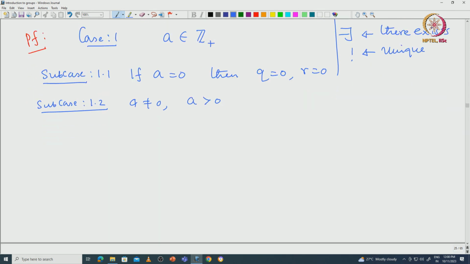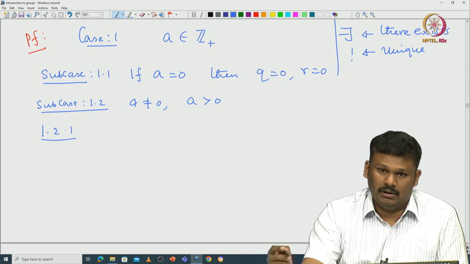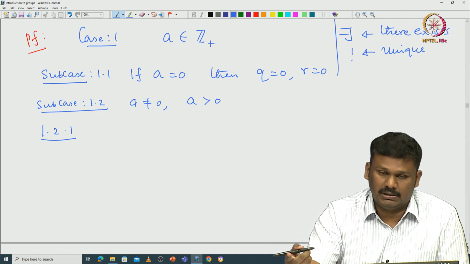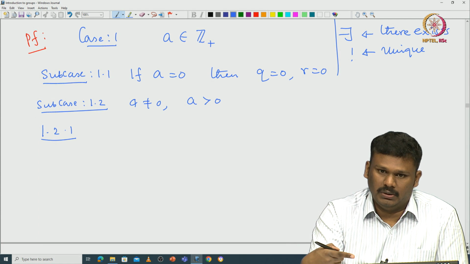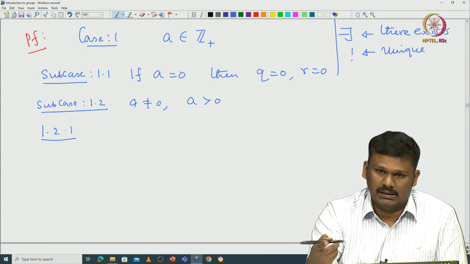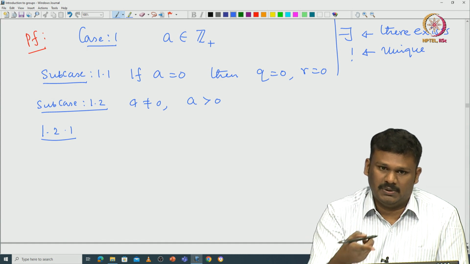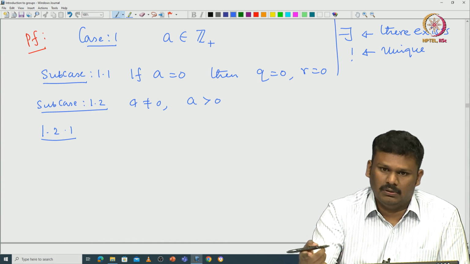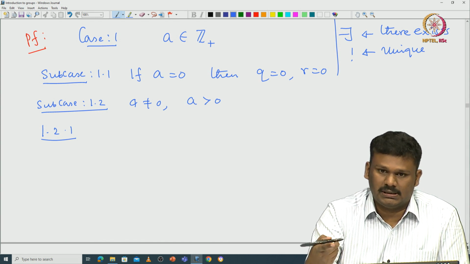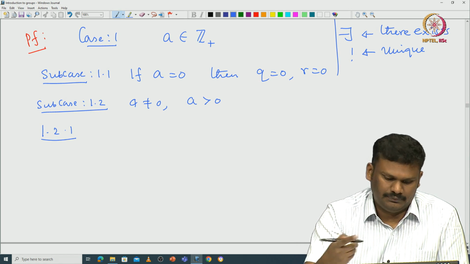Now, again there are two cases. You can consider 1.1.1. So, I am writing it in very much detail. I also want to teach you how to write mathematics. There are so many possible cases that appear, so it is important to spell everything out and then consider all possible cases. So, it is important to learn how to write mathematics. That is why I am giving a very detailed explanation here. Maybe that is something you should also learn over time. Later, once the course progresses, I will not give you this much detail.